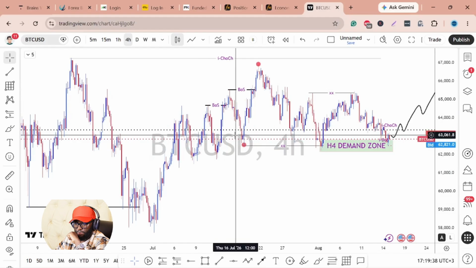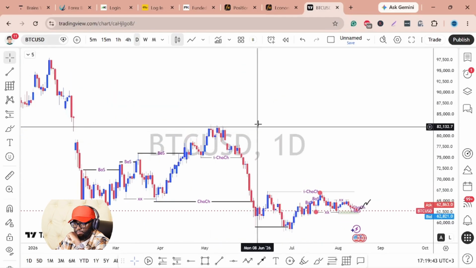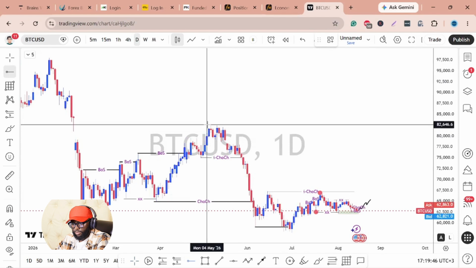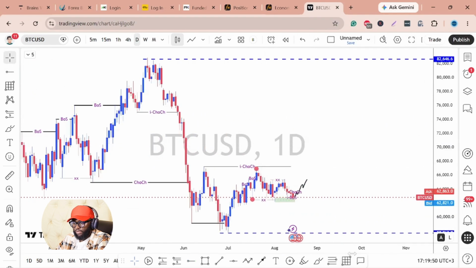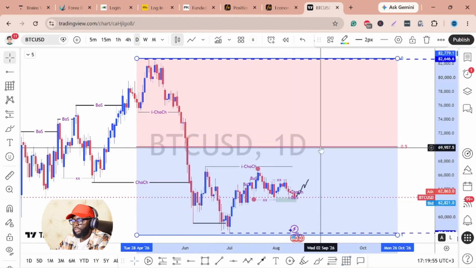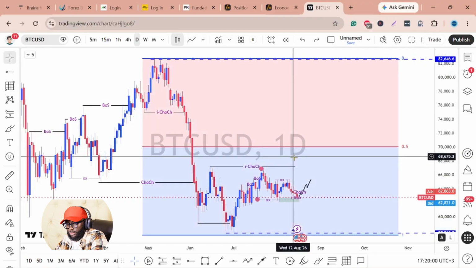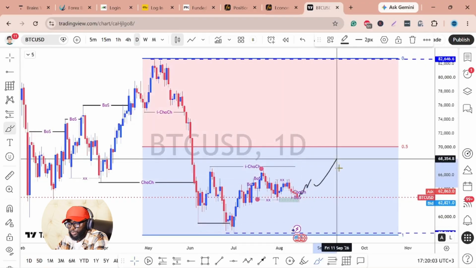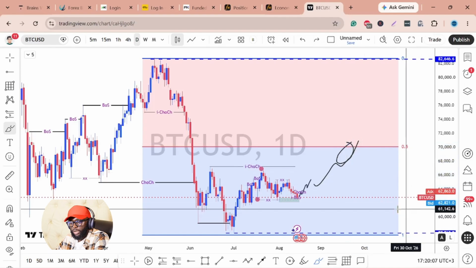By this break of structure over here. So I was looking for price to, again, from the daily time frame zone. Let me just break it down from the daily. So this is our swing high, and this is our swing low. And overall, if you pull the fib from this high to this swing low, you can see that price has not yet tested the 50% fib zone. So my intention was that you should be seeing price pushing higher to test the 50% fib level before we can continue going down.